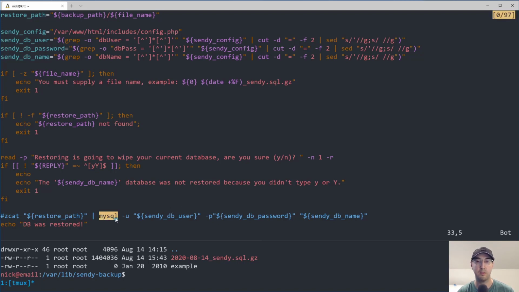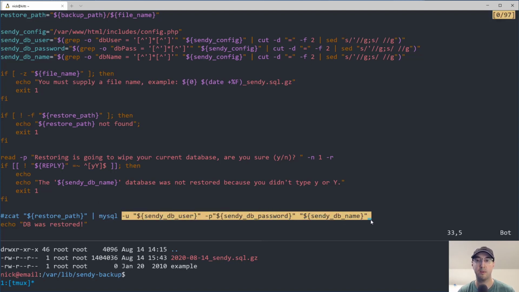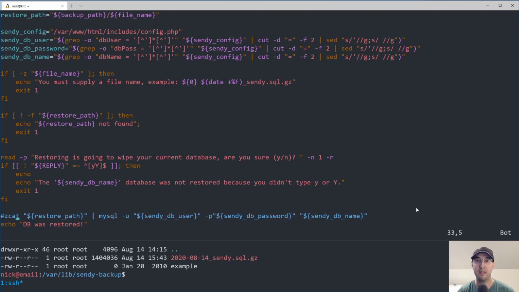So we're going to pipe it into the MySQL command, very similar to our backup script. And we're going to pass in the same user, same password, same database. And that's how that works. So if you send in text as standard in to this MySQL command, then it'll just import that into your